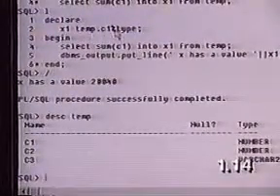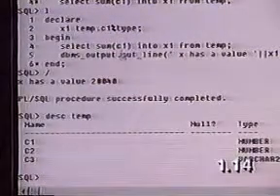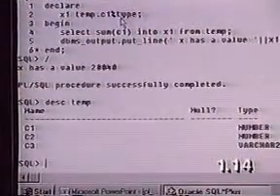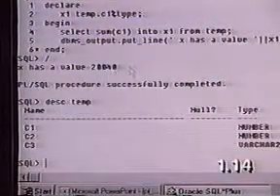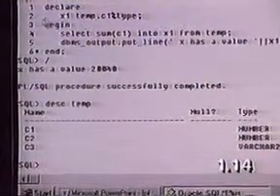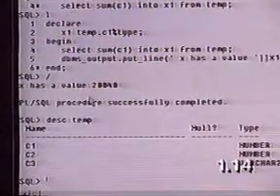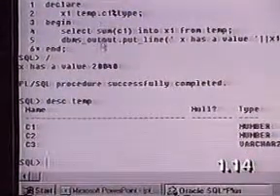Because X1 is whatever the type C1 is. Therefore, it makes this program totally resilient to any changes you make. And that's why you should always prefer to use an anchored type versus defining it yourself. In other words, if line 2 were X1 number, that may work in some circumstances, but it will not work in all circumstances. But by saying that X is anchored to C1, you don't have to worry about the changes